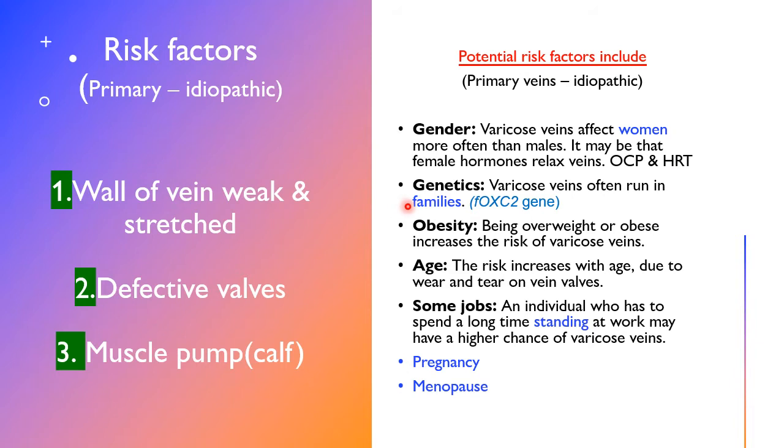Genetics, where varicose veins tend to run in families. Obesity: being overweight or obese increases the risk of varicose veins. Age: advancing age, due to the wear and tear of these veins, predisposes to varicose veins. And certain jobs, where the individual has to spend long hours standing at work, may carry a higher chance